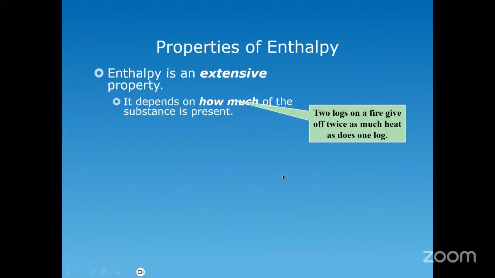Let's talk about the properties of enthalpy. The first of which is that enthalpy is an extensive property. What does that mean? That means that it's dependent on the quantity of the substances involved in the reaction. So if you have a reaction with a certain amount of one particular reactant, and the enthalpy is of a certain value, if you double the amount of that same reactant, then the enthalpy value will be doubled as well. So as stated here, 2 logs on a fire gives off twice as much heat as 1 log, as an analogy, so that you understand that the amount of enthalpy change occurring is dependent on the amount of